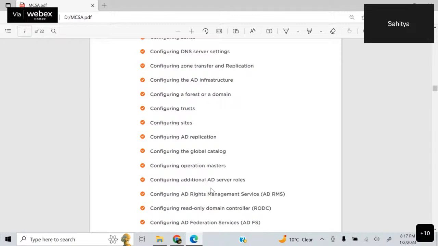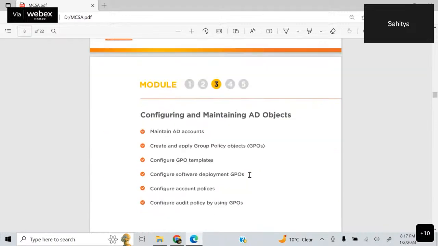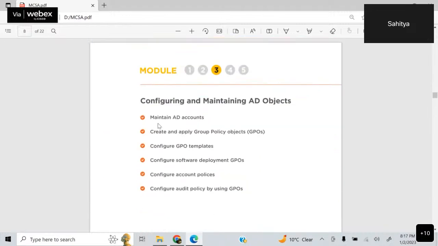right? Then ADFS, see, this is read only domain controller, right? And then maintaining your AD objects, users, computers, and then group policies, right? Configure account policies. अब organizations में आपने देखा होगा, if you are working in any organization, right? Over there you used to get an email कि इतने दिन के बाद your account is going to expire, your password is going to expire, sorry, not account,